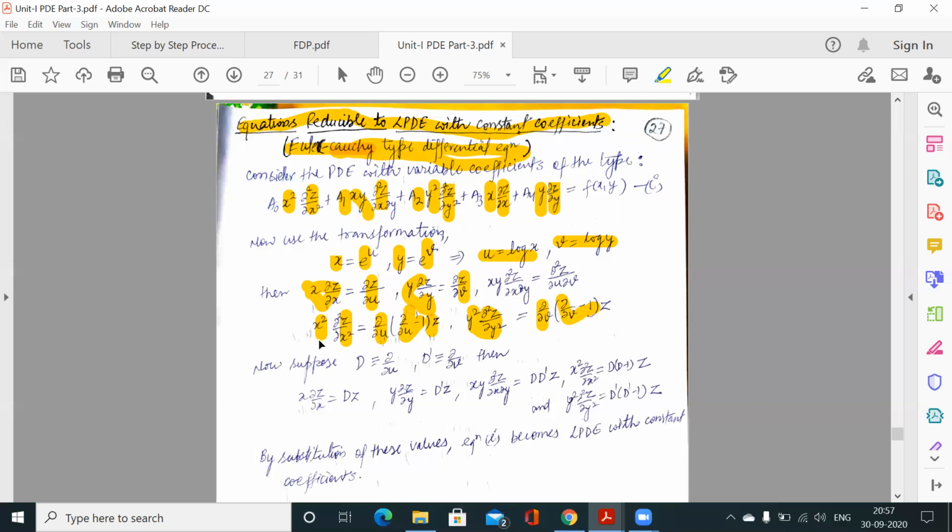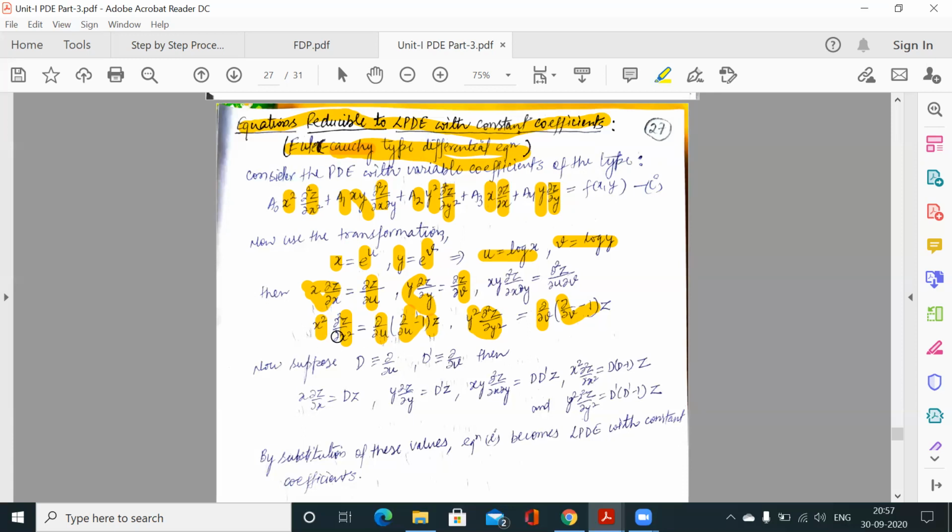There, what was the transformation? x square d2y over dx square was converted into D into D minus 1. In a similar way, this is x square del 2z over del x square. So now we have D into D minus 1. There D dash was del over del z, but here we have different variables. This is u, this is v. So derivatives are either with respect to u or with respect to v. In the similar way, the derivative times derivative minus 1.